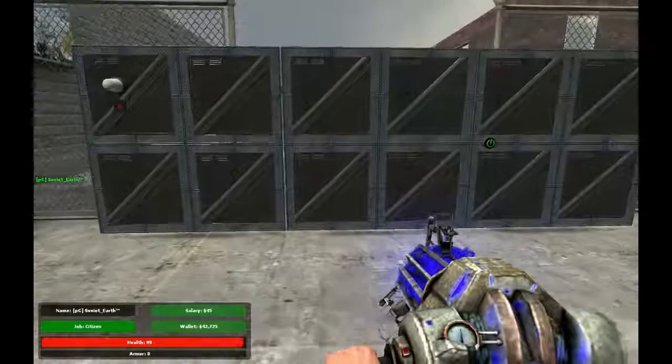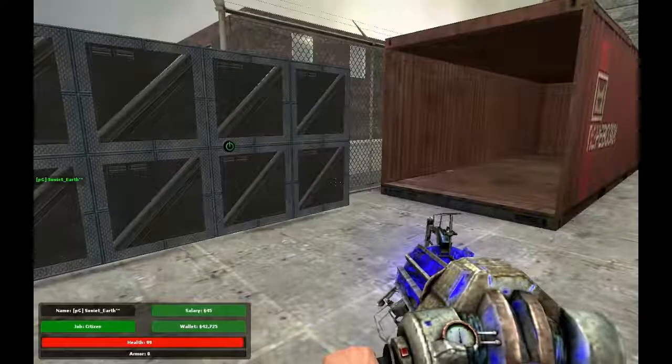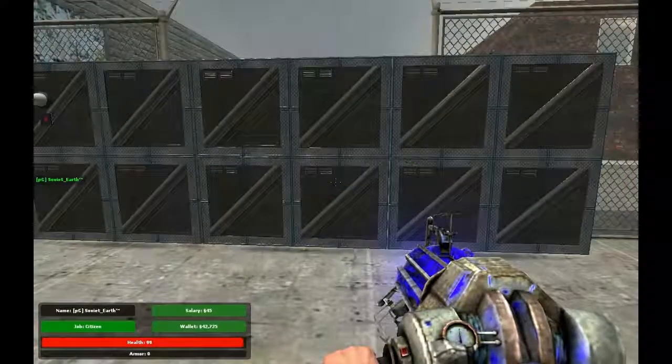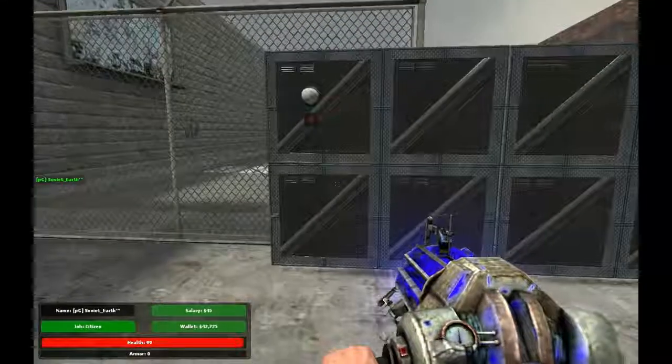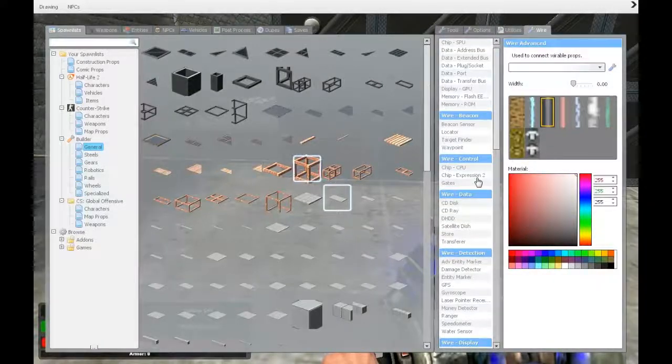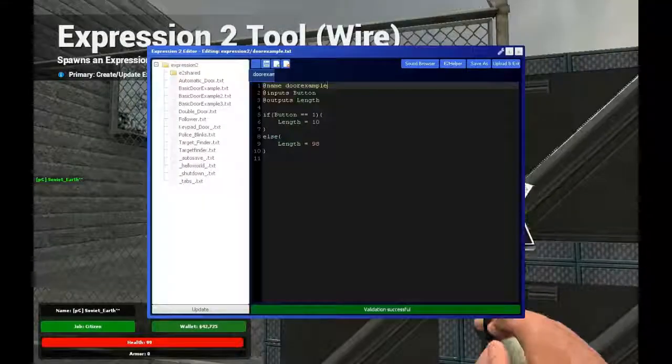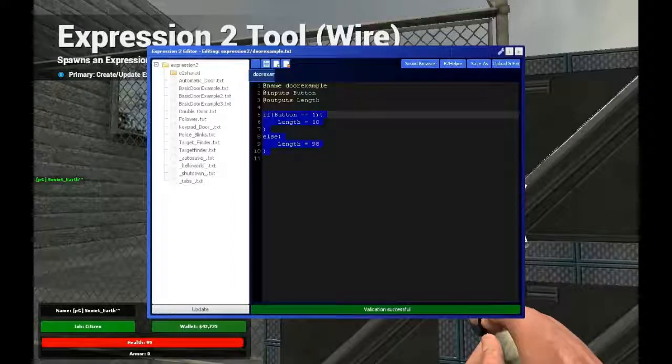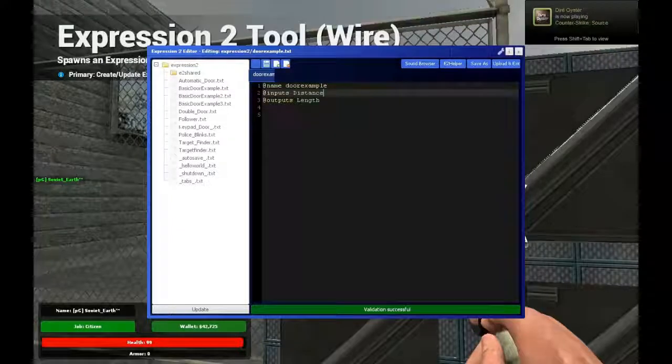Alright, next we're going to move on to a non-button sliding door. So get rid of the button and edit the E2 chip. When you start editing the E2 chip, get rid of all of this and get rid of this. You're going to want to replace the button to distance. And after you do that, go down here and then type if